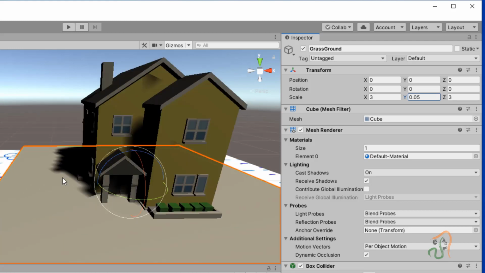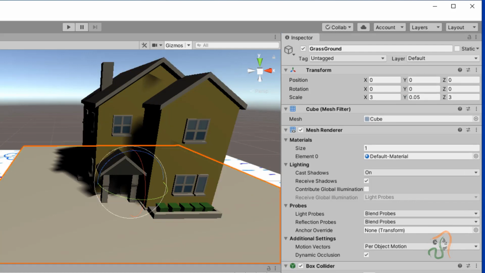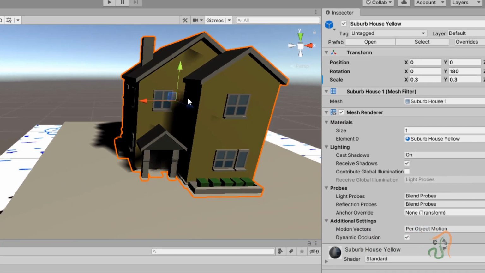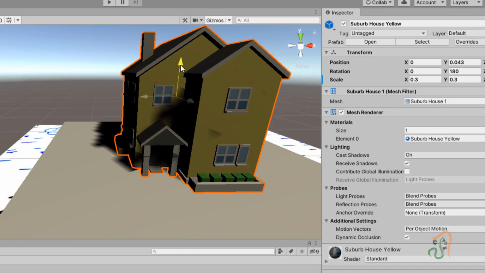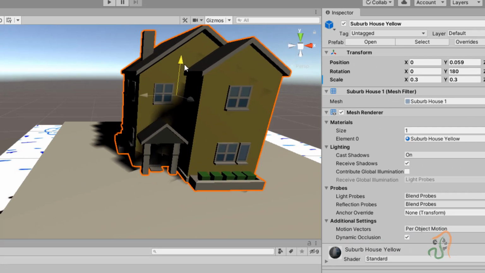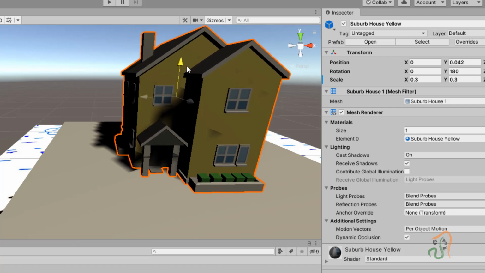And now also we shall select the building here, and selecting the grass ground again, you see here that x, y and z is set to 0. Okay, and scale is 0.3, 0.05 and 0.3. After setting this, now come back to the building, select the move tool, and along the y-axis move it a little to the top, so that it just sits on the floor like this. Okay, just it sits on the floor.